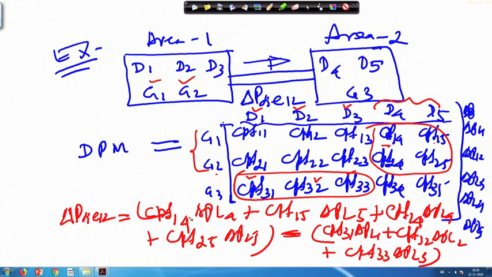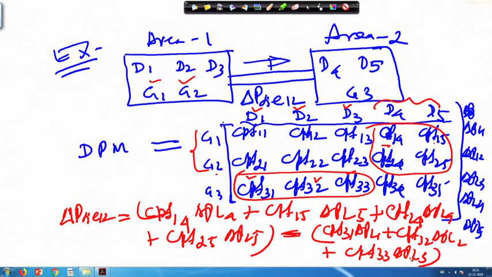So, the question is that now we have understood that D4 and D5 have contact with G1 and G2, in the direction of 1 to 2 power will flow. That is why CPF 14 delta PL4 plus CPF 15 delta PL5, plus CPF 24 delta PL4 plus CPF 25 delta PL5, minus this D1, D2, D3 has contact with G3. So, CPF 31 delta PL1 plus CPF 32 delta PL2 plus CPF 33 delta PL3. So, this is the expression of